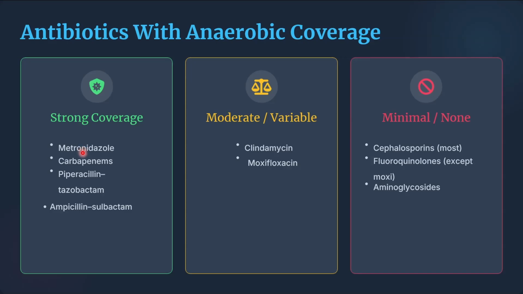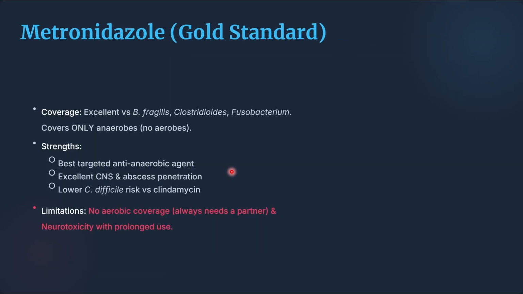Strong coverage is there with metronidazole, carbapenems like meropenem and imipenem, piperacillin-tazobactam, and ampicillin-sulbactam. All these drugs have excellent coverage against anaerobes, whereas clindamycin and moxifloxacin have moderate to variable coverage against anaerobes. Coming to metronidazole, the gold standard anaerobic coverage drug. It is excellent against Bacteroides fragilis, Clostridioides, and Fusobacterium, and it covers only anaerobes, not aerobes. It is the best targeted anti-anaerobic agent, with excellent CNS and abscess penetration,